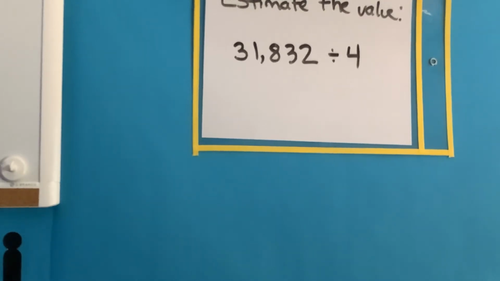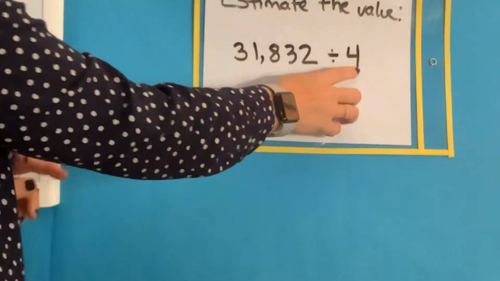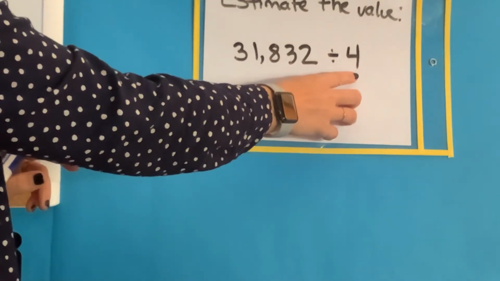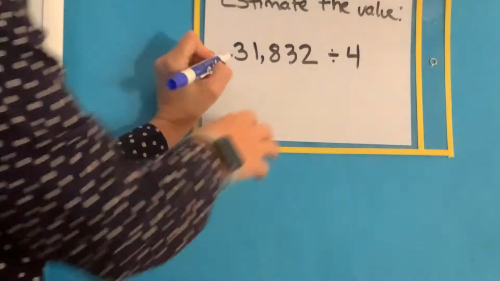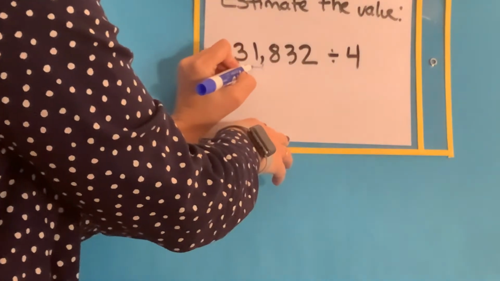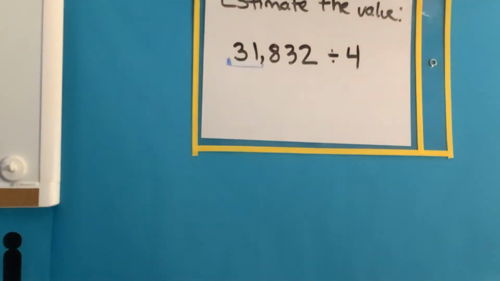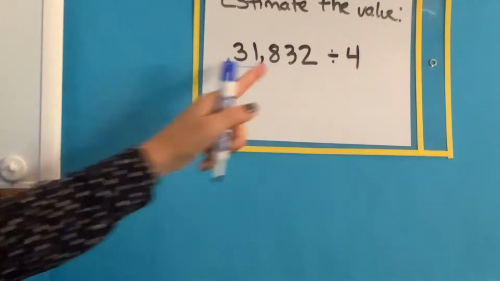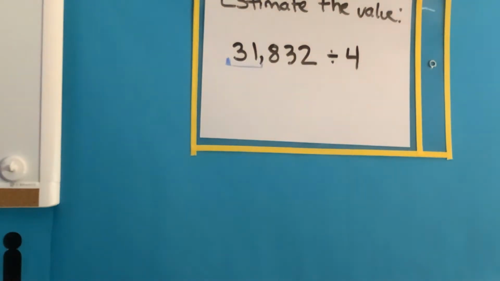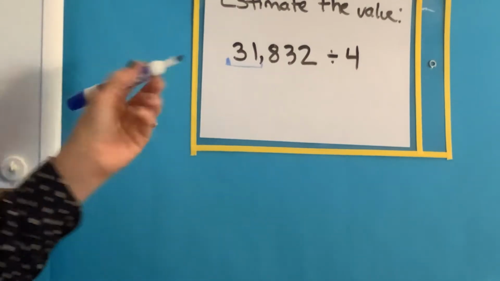So remember, fifth graders, when we're doing division, this number is going to stay the same. Our divisor will stay the same. And so I've asked you to focus on these first two digits. Round those first two digits into something that is going to be evenly divisible by 4. And you want to get as close as possible. So the closest number to 31 that is divisible by 4 is going to be 32. So you should have rounded to